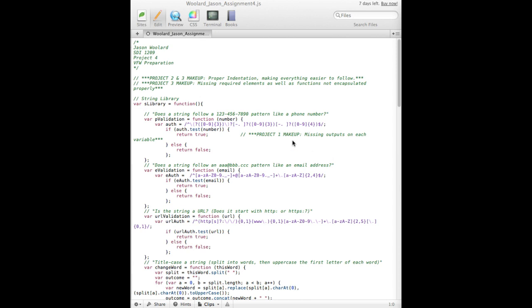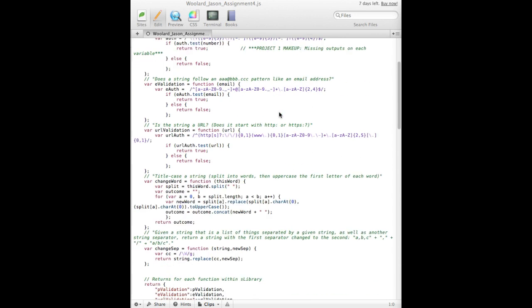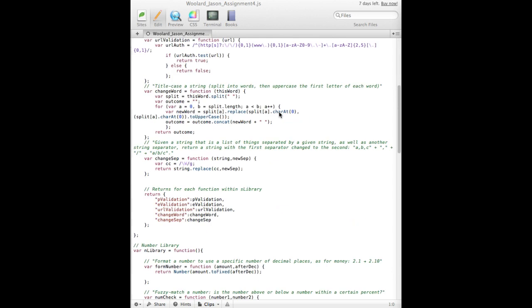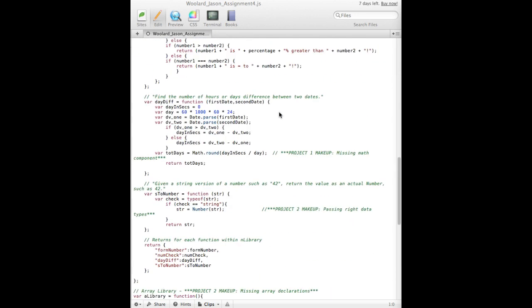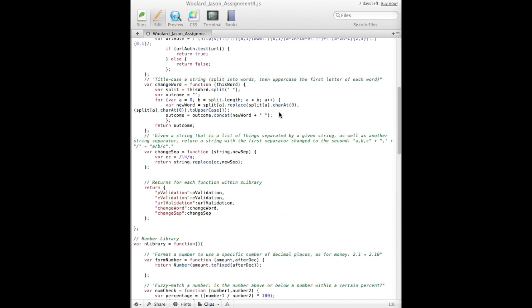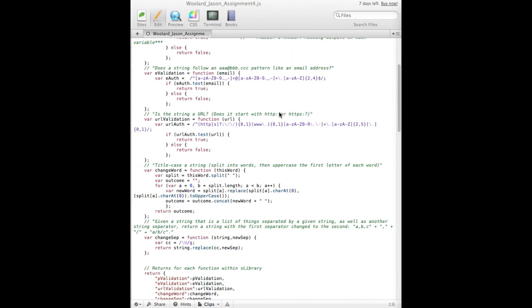As you can see from looking over here, I did spend a lot of time this week and instead of doing 6 functions, tried all 12. And you can see my comments, where I tried making up some points that I had lost this month in previous projects. I feel that the introduction to JavaScript this month